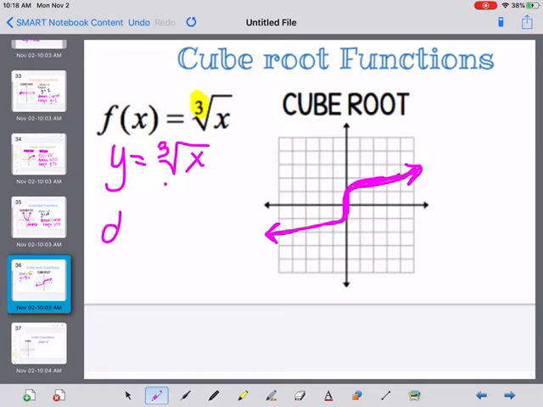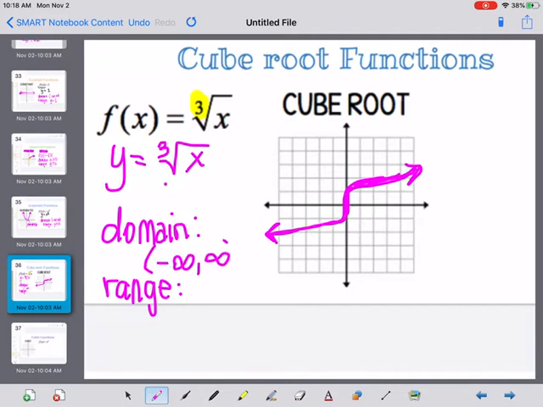And so, what is my domain here? Negative infinity and positive infinity. Good. And my range is also negative infinity to positive infinity. So we have linear, we have quadratic, we have cube root,